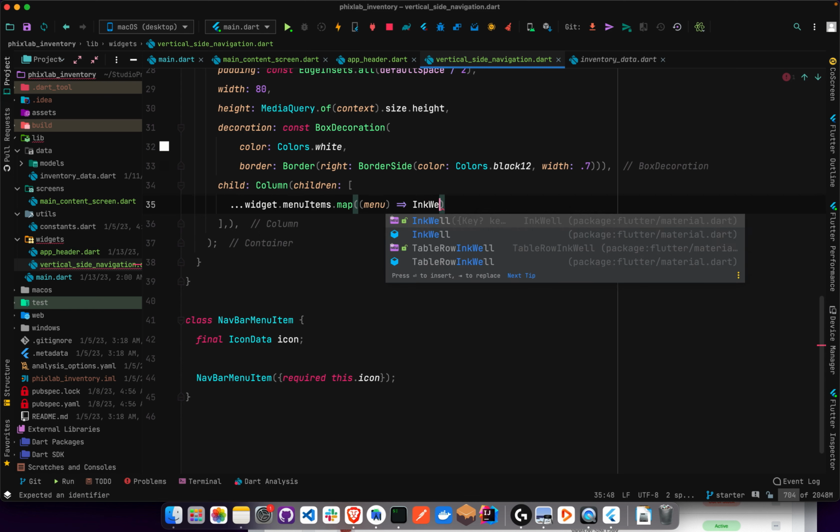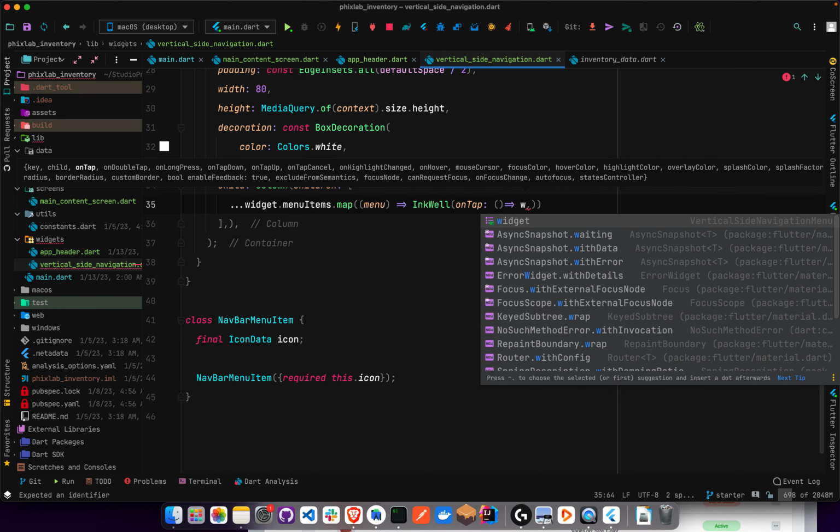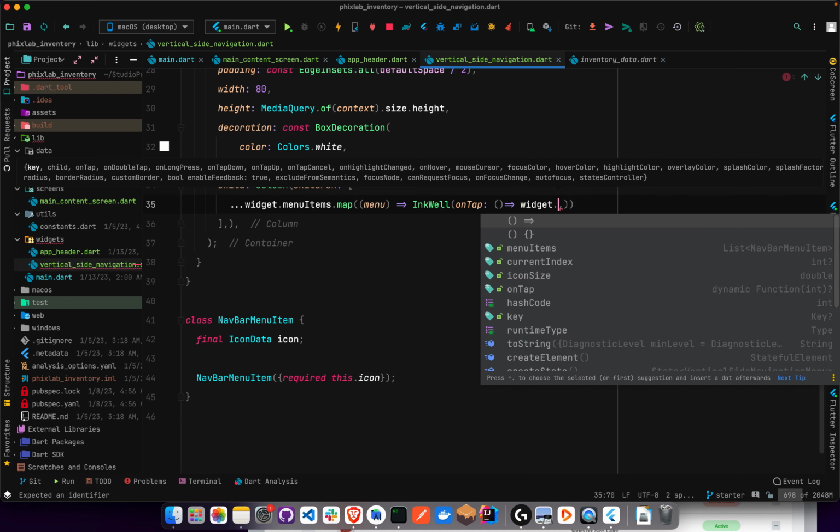InkWell. All right, so the InkWell is supposed to have an onTap. All right, and then in the onTap we're going to return this function. The function is going to use the onTap that is coming from what is actually being tapped. All right, so widget.onTap,